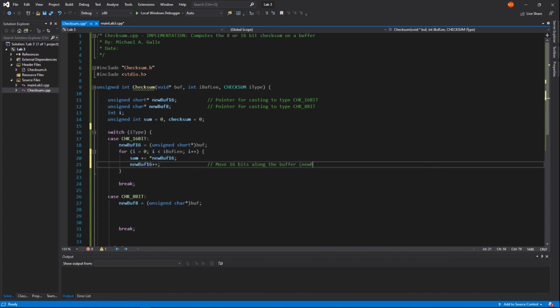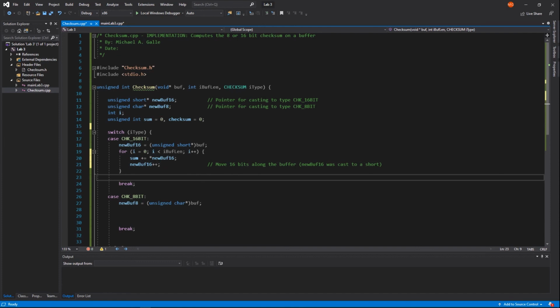So I could say new buff 16 was cast to a short, so it will move 16 bits, right? When you increment it, it goes to the next element. Okay, now at the end of this, I want to compute the checksum. After I compute the sum, I'm going to go through all the elements, checksum equals sum mod, okay? Now, the maximum number that we can represent with a 16-bit checksum is 1,